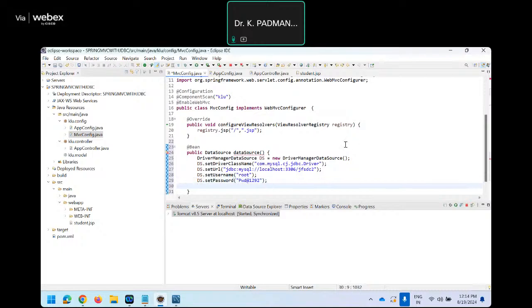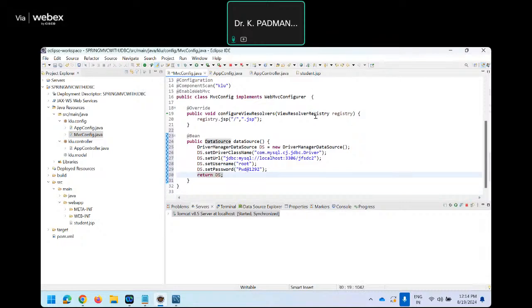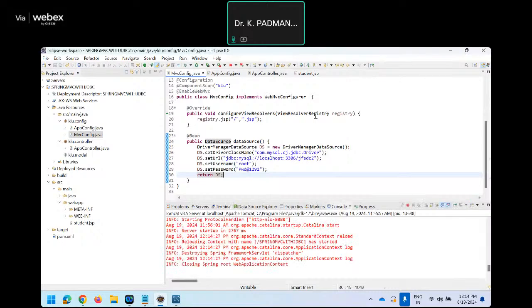So after setting the properties for the object of driver manager data source, you can return it. So this bean I created to establish the connection with MySQL database to configure Spring JDBC concept. Okay. Then